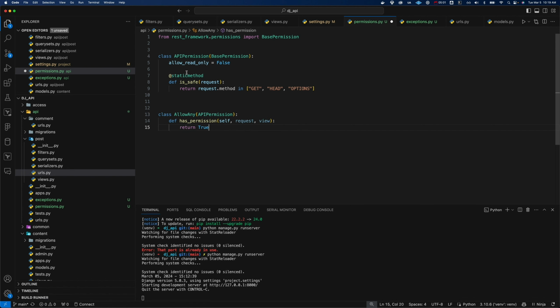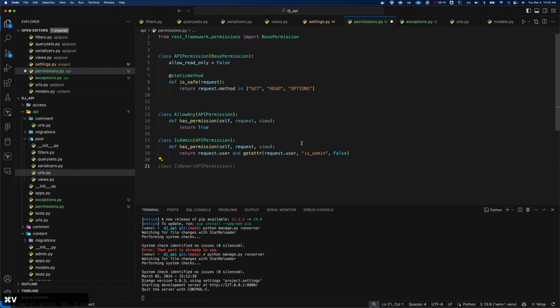And in an API permission, which is extending base permission, there's this method we can override called hasPermission. And for allow any, we're just always going to return true. We may also want another permission called isAdmin. Maybe this is only for certain people in your organization, admins basically. And what this will do is it will make sure that the request.user and the user is an admin